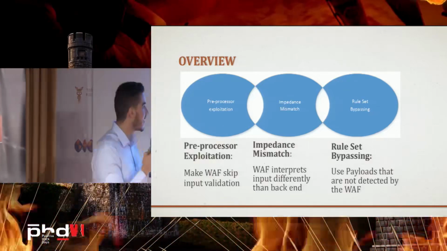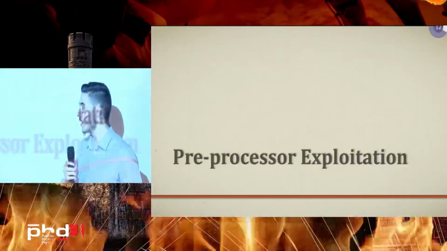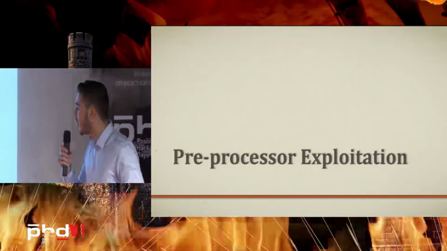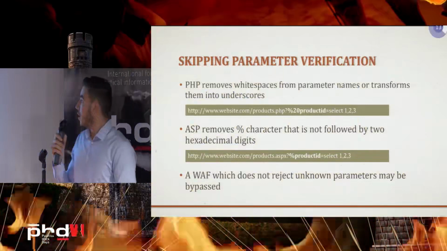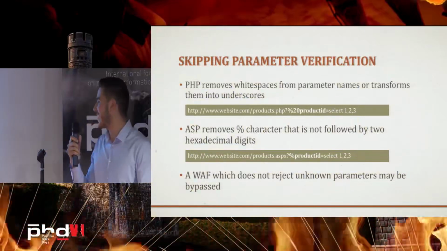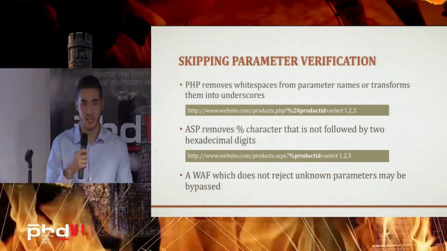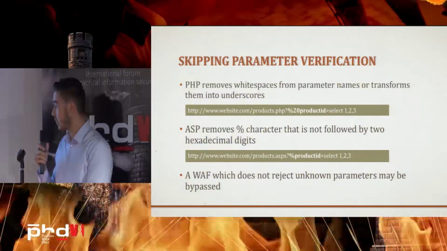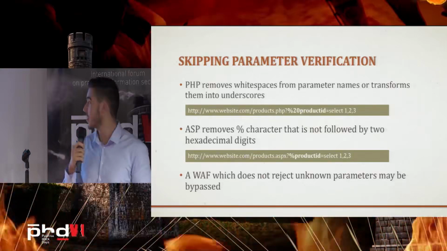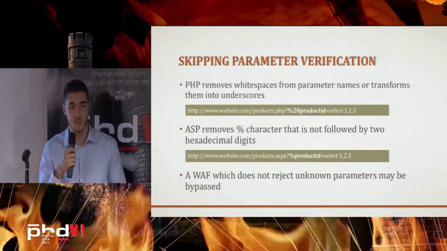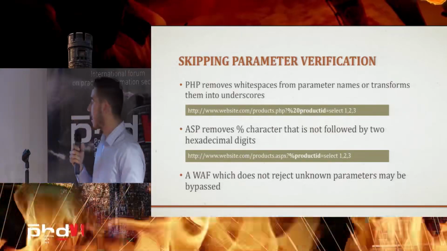So let's get to the examples of some methods and techniques. First of all, preprocessor exploitation. This technique is called, or I've called it, skipping parameter verification. For instance, we have PHP, and PHP removes white space characters from parameter names. So if we have this